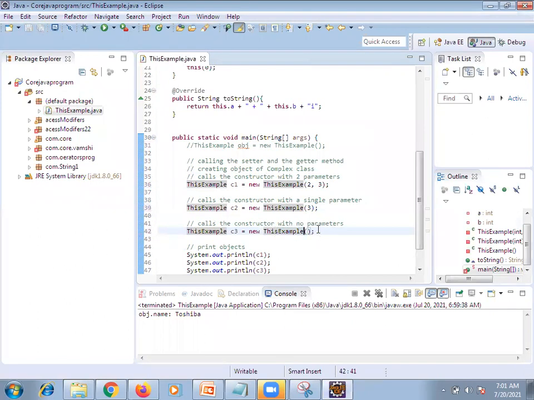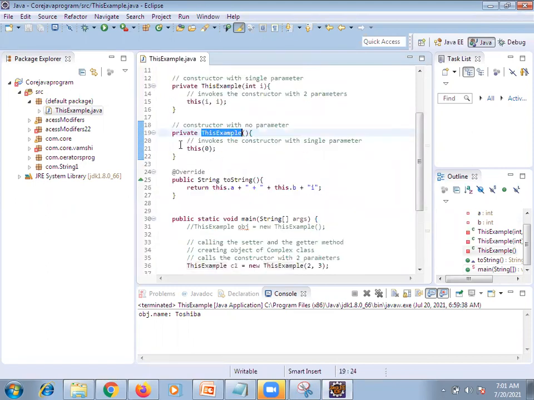Now this is the default constructor. This is the single parameter constructor. This is the two parameter constructor. So now we'll see what is happening in this.